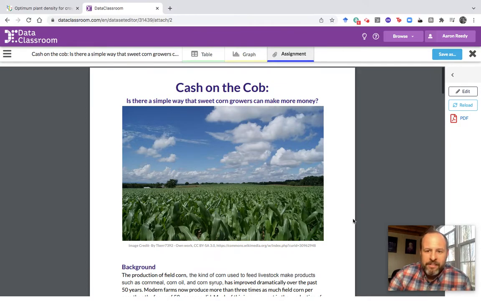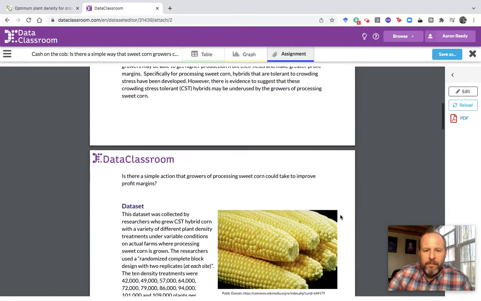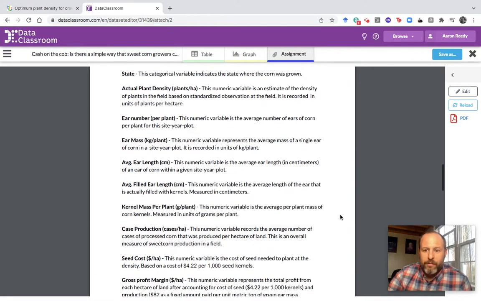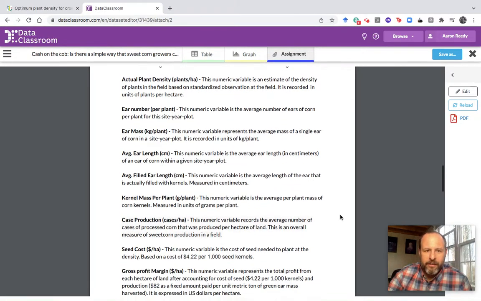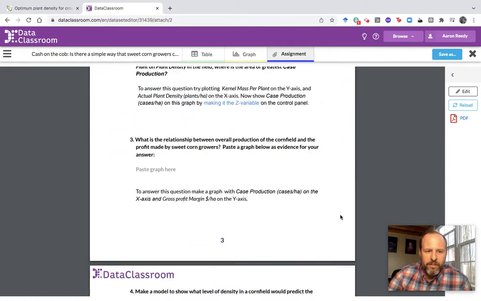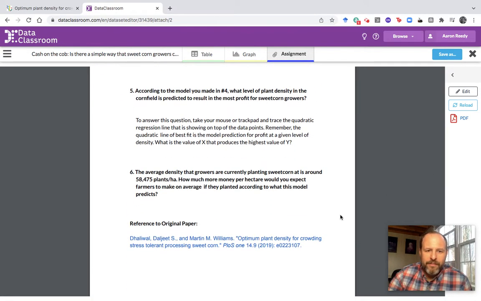So this is the activity. I'm going to just kind of show you, there's some background on the data set. There's quite a few variables that we've included in here and they're all defined. And then there are activity questions. There are 1, 2, 3, 4, 5, 6 activity questions. There's a lot of scope to customize this and do more with it if you want, but I've got 6